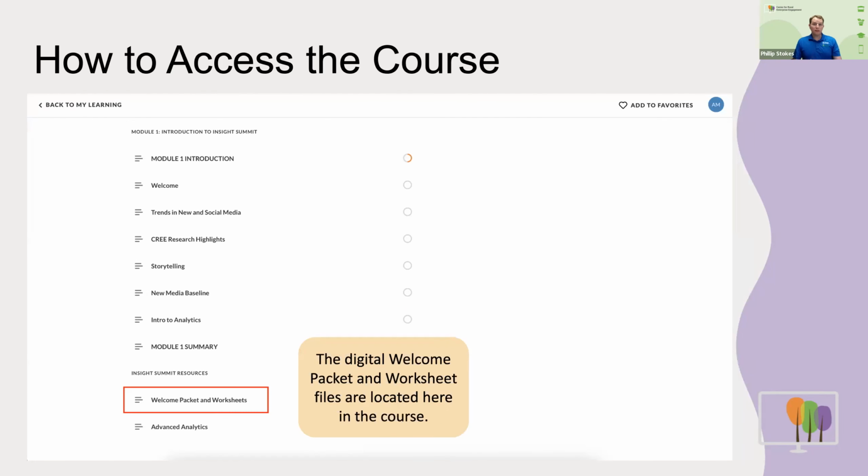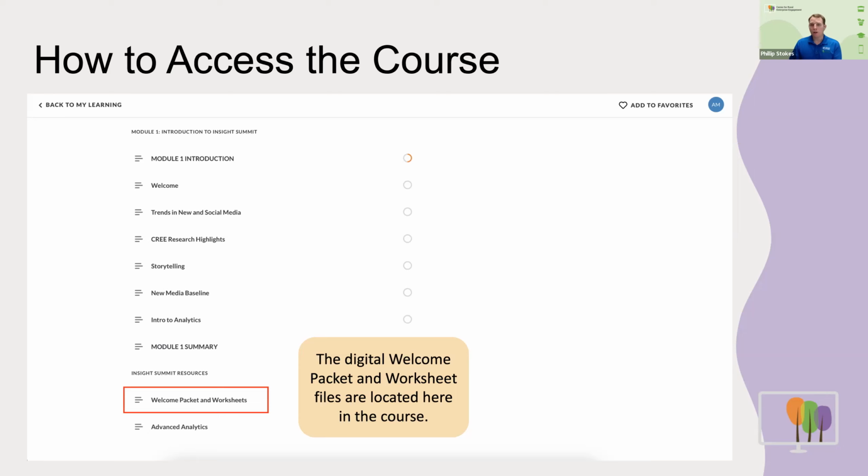This is also how the different lessons are broken down. You can see them there: the introduction, the welcome, and then all of the lessons we talked about. Towards the bottom there's the Module 1 summary with some different resources. In that box circled in red is the welcome packet that some of you may have already received in the mail, and if not, that should be coming.